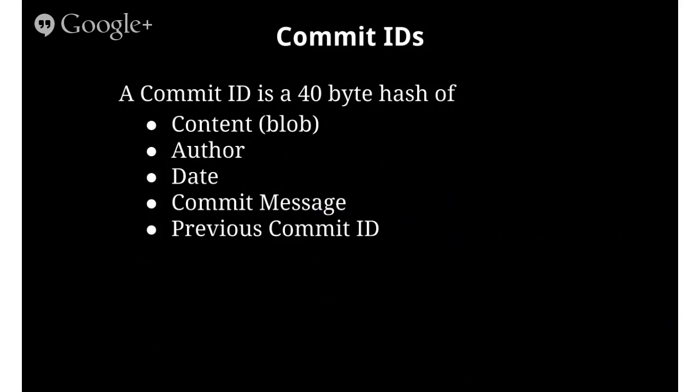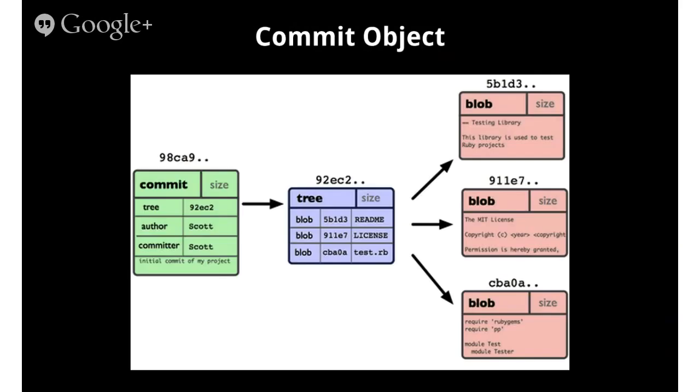You cannot erase something and keep the same commit ID as you go along. If you change anything, by definition of the hash, you change the ID itself, so you're rewriting history. So in our case,